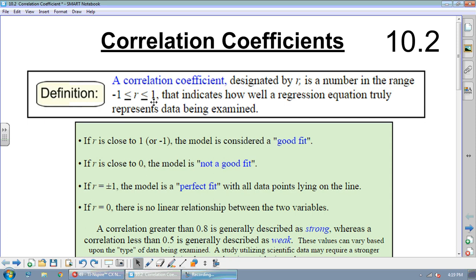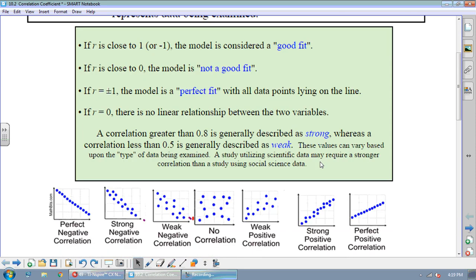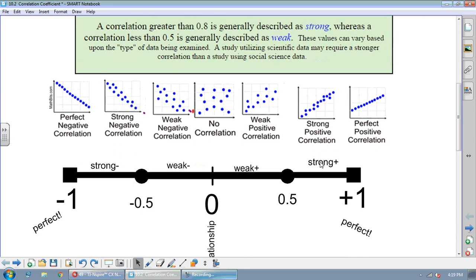This means the data absolutely forms straight lines. If a number is kind of close to one of these, like a 0.9 or a -0.9, we say that those are pretty good lines. The closer that we get to 0, the worse the line of best fit is. It means that the points just really aren't near the line. So when we take a look down at this scale,